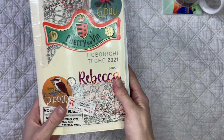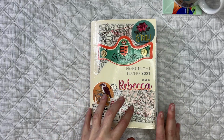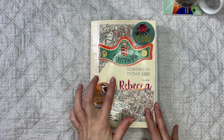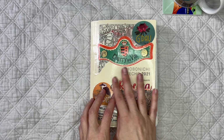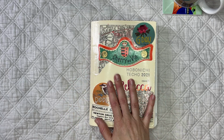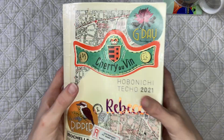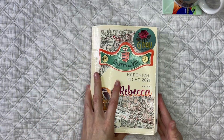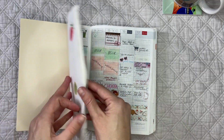So I'm going to be doing that again next year. I'm just not sure how I'm going to decorate it yet, especially because the Avec, they're quite colourful. Like this is the beige, but I think the Avec is like yellow and blue. So I don't quite know what I'm going to do. I'm going to miss this colour, but it is so heavy at the moment. So let's get going into